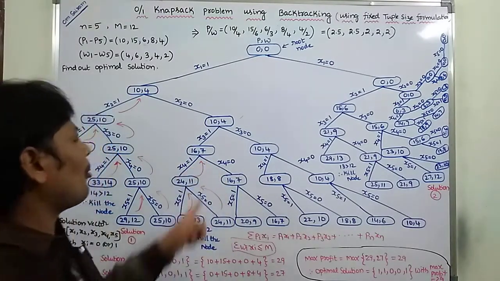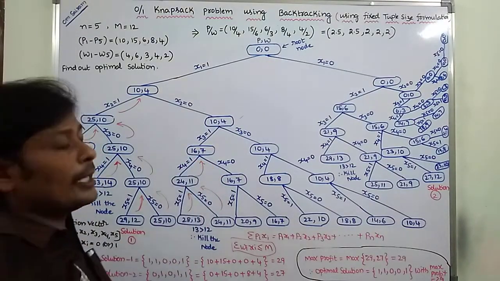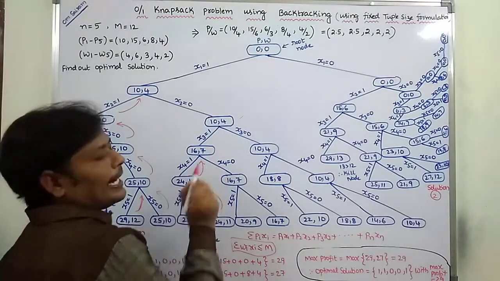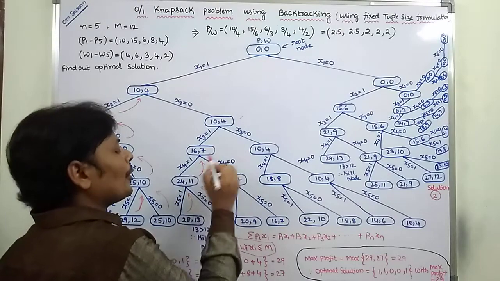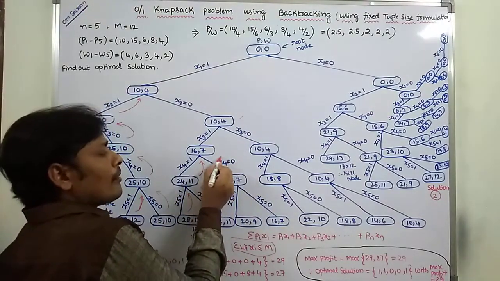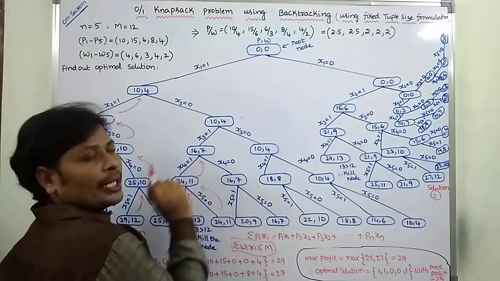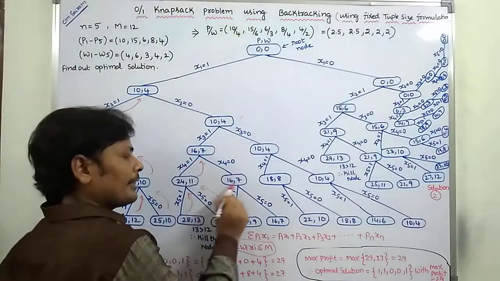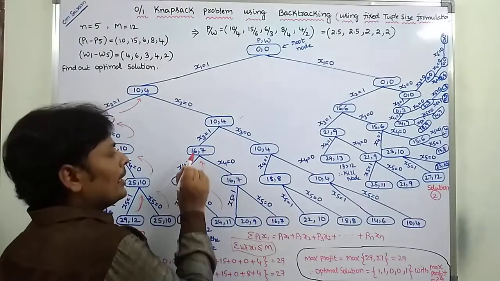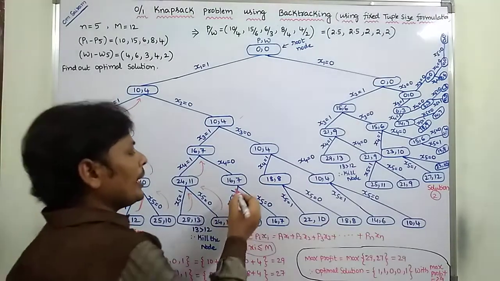So here another possibility is there. Here left hand side x suffix 4 is equal to 1. We go for right hand side x suffix 4 is equal to 0. Whenever we are not considering the fourth object, whatever the p comma w values are there, we are writing the same. Here 16, 16, 7, 7. Okay. So now we go for